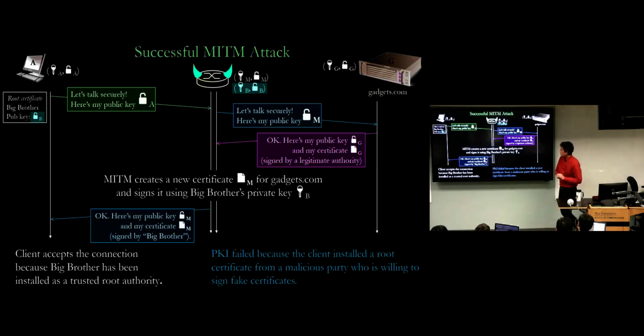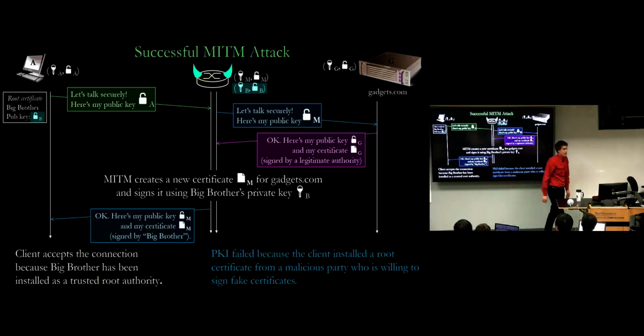So if we had a client that actually installed a new root certificate, in this case I'm calling it the Big Brother public key sub B, we can have a successful man-in-the-middle attack, right? Because this root certificate that was added to this computer is not one of the standard root certificates, it's a new one. It's going to be used to snoop on the traffic from this user. That public key and private key pair are known to the attacker, which in this case is a router in